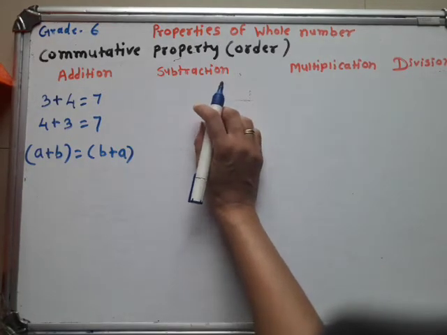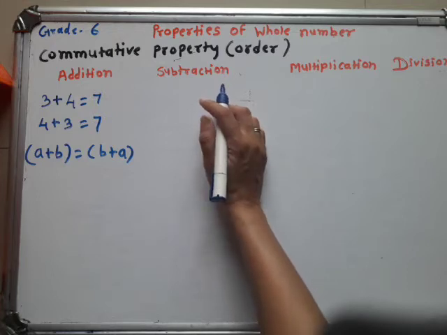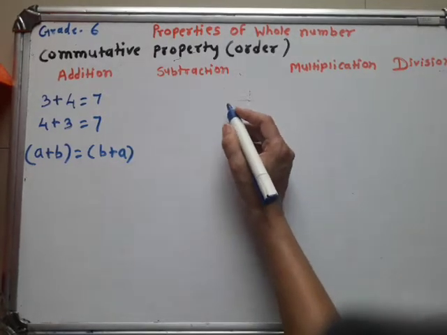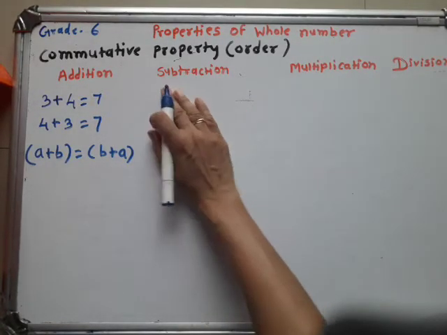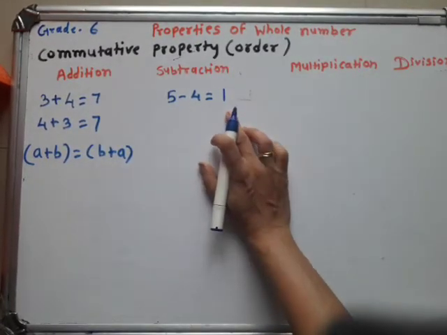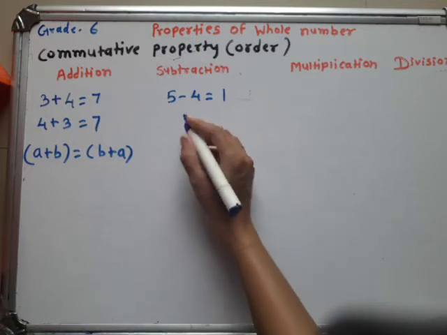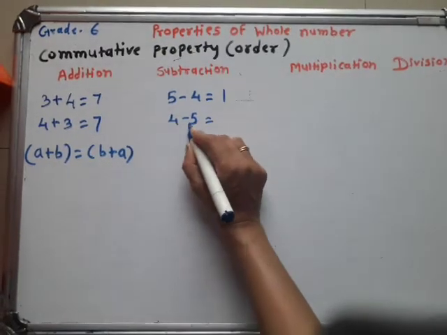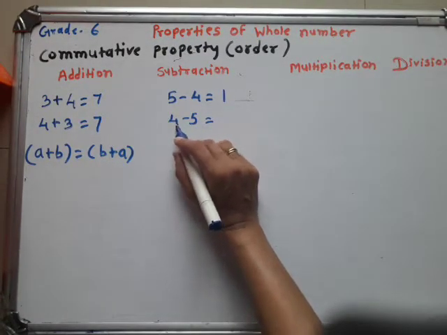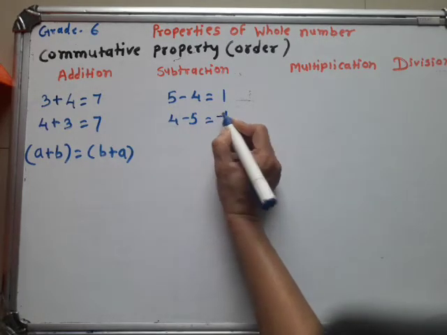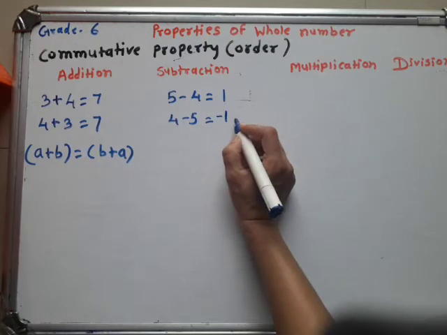Then we see for subtraction, whether this is right or wrong. Suppose we check the number 20. Again we take the same number, or another, 5 minus 4. What is your answer? We get 1, and 1 is a whole number. But 4 minus 5, here we get, not possible. So we subtract 5 minus 4, we get 1. But here the greater number is 5, so you have to write the sign, minus 1. And minus 1 is not a whole number.